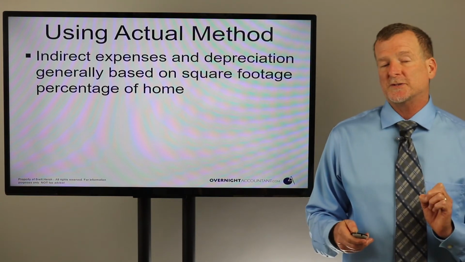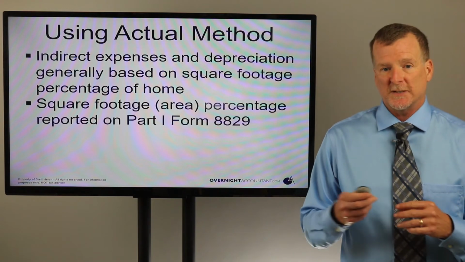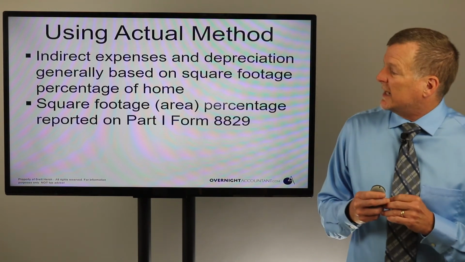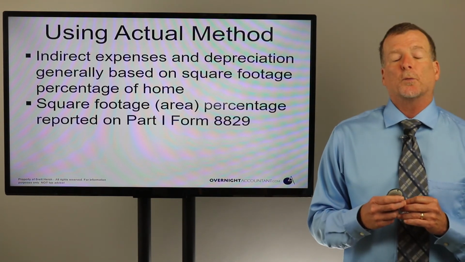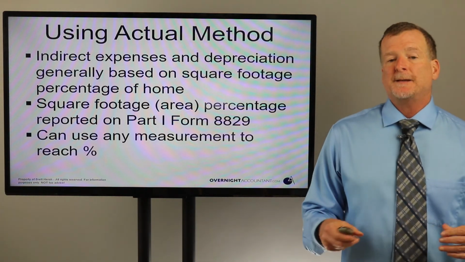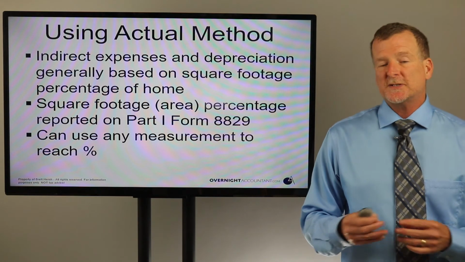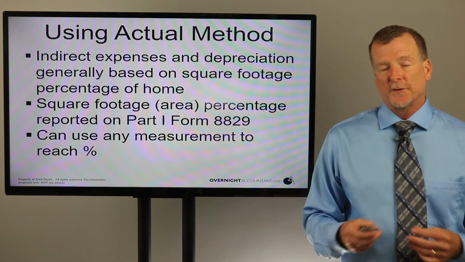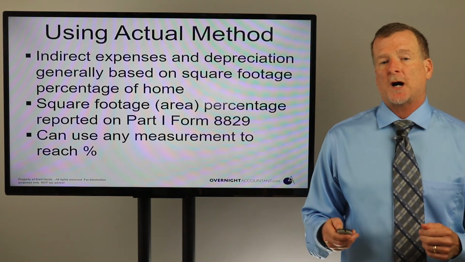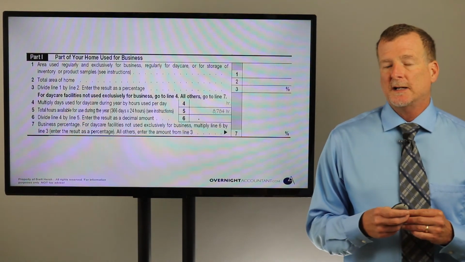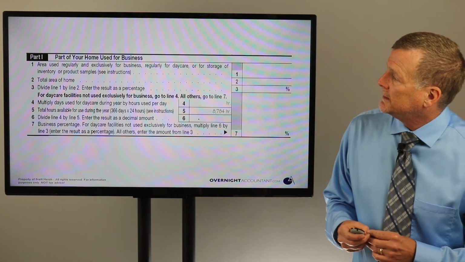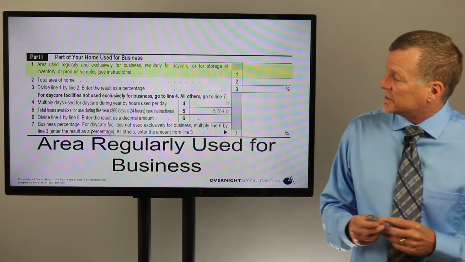So it's really important that you determine your square footage. And it's a square footage area percentage that is reported in Part 1 of Form 8829. Now, the IRS instructions say you can use any reasonable measurement to reach this percentage. We're going to use the square footage method because it's the most common and the easiest to apply. And as you can see here in Part 1, up here on line 1, that is the area regularly